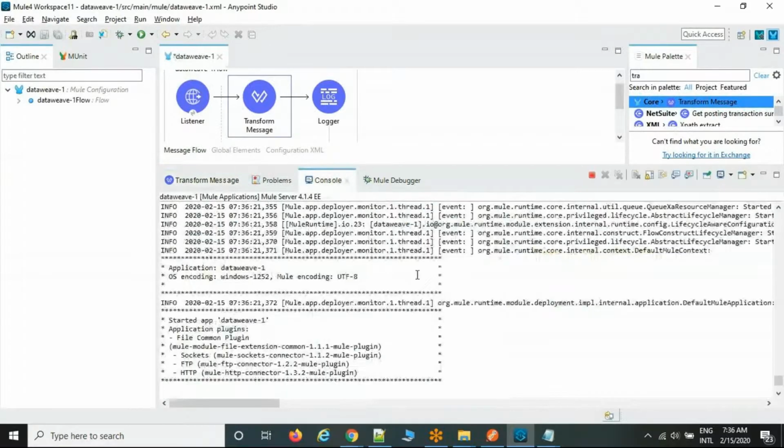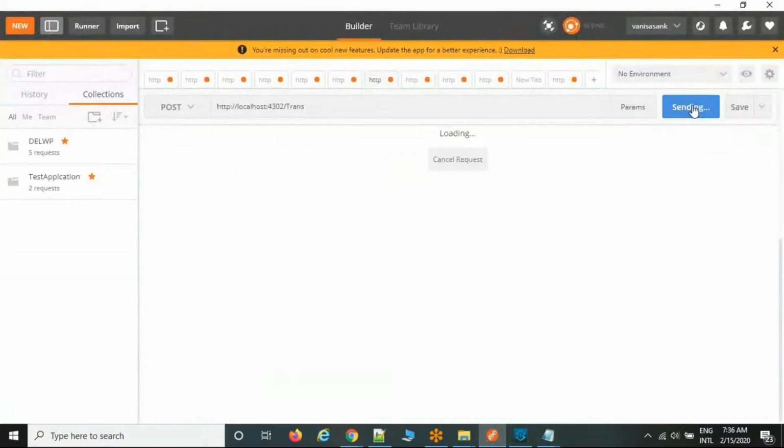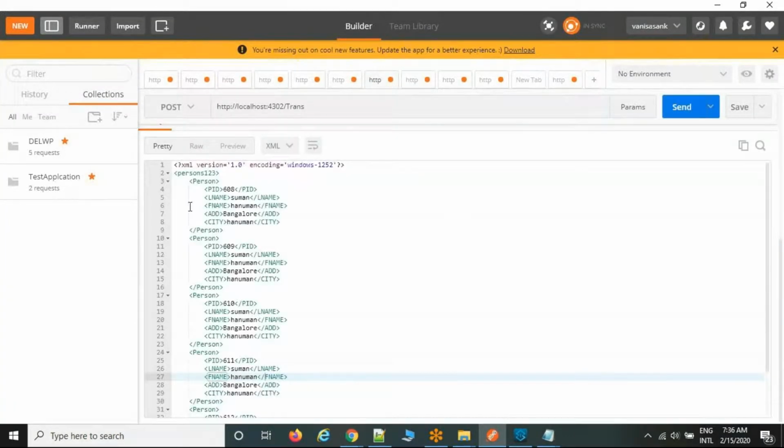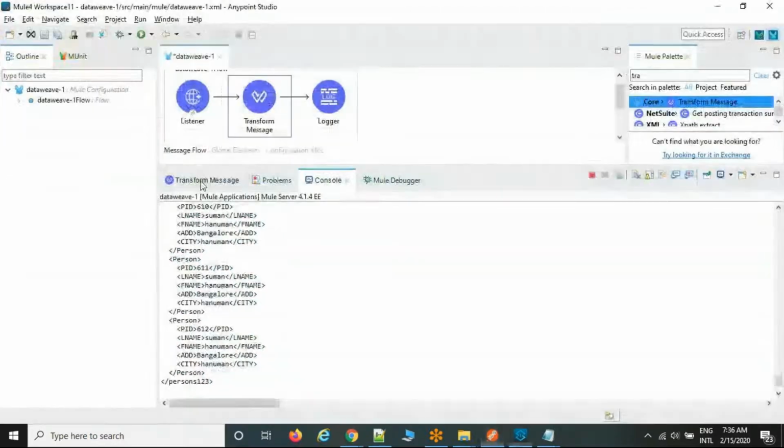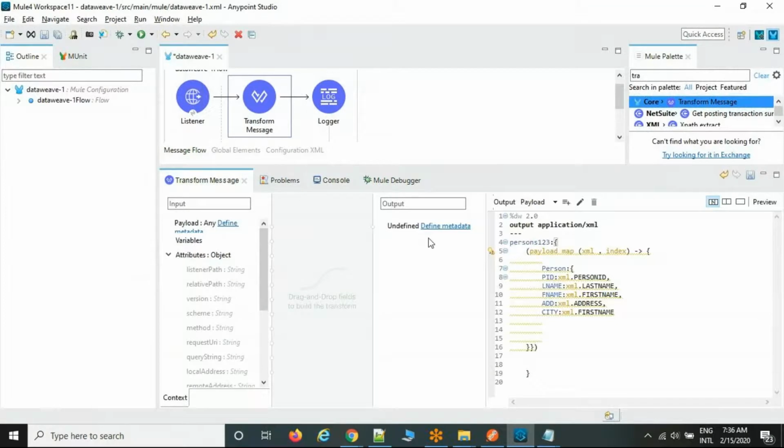Now you can send a request. See, this is the parent element and these are the child elements, but each child element I put as a root element of its own. So this is how we convert from input to output, from a JSON text file. Any doubt here?